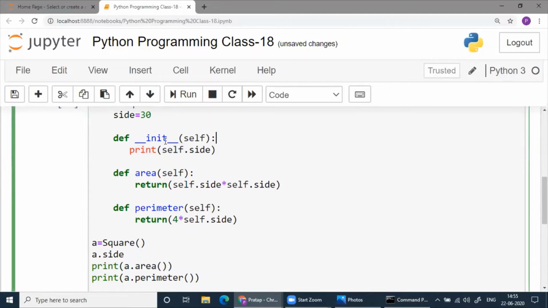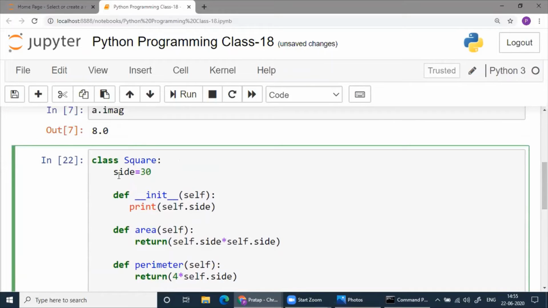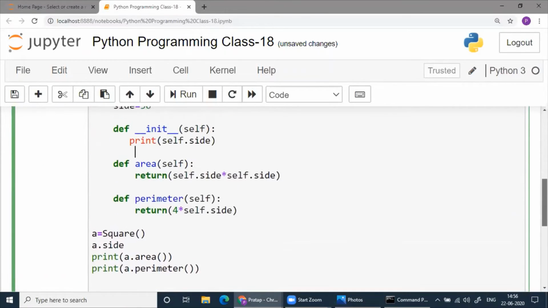I mean, by an assignment statement, we have not given any value to self.side, nor did we send it here. So both are absent. There is no assignment statement here, nothing we have sent from here. Then also we are able to do everything. That is possible if you have a class variable. Class variable is common to all. This has access here. This has access here also. This has access everywhere. And you can get the answer this way. That is also possible.